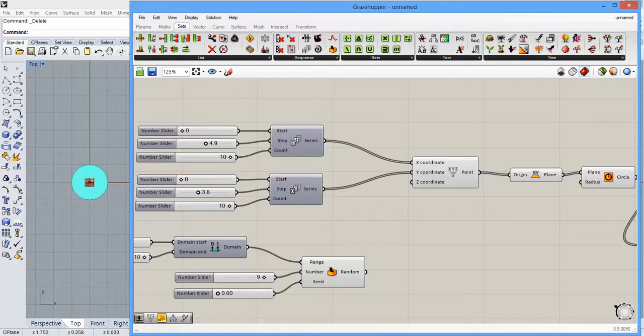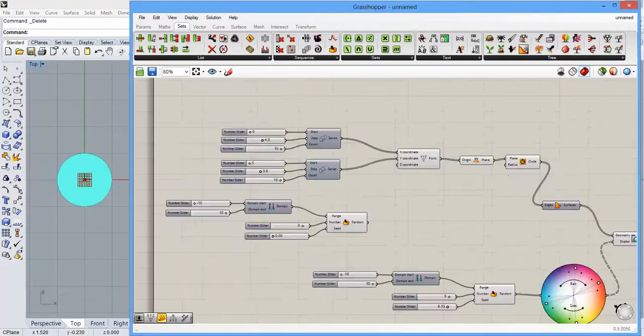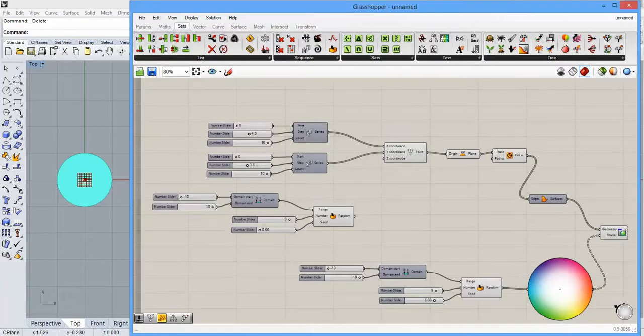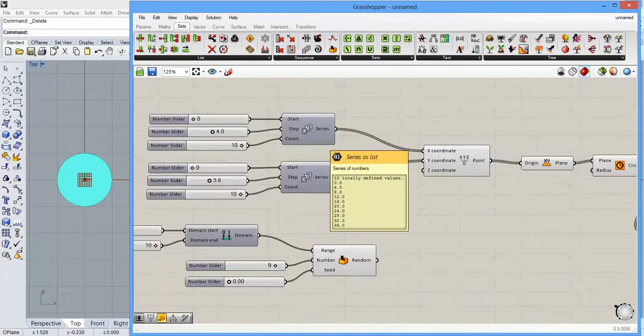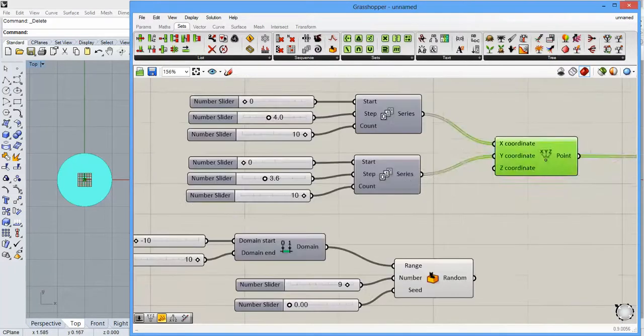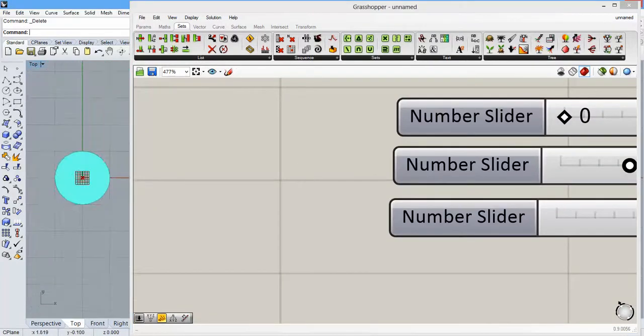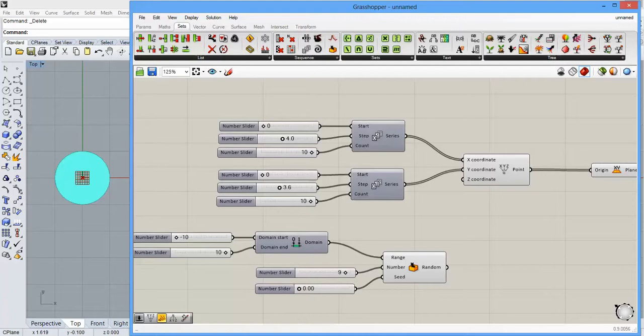Let's see, it's not giving you that. Let's see here. Okay, I see what's going on here. So what we have is we still have all these series points, that's essentially here, there's still just this one single point right here. Okay. Now what's the problem? The problem is that we need to actually